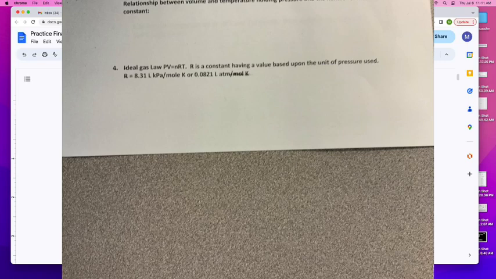So what someone was able to do is that they noticed if you arranged all of these equations, we could get this special response, that PV equals nRT. And R is the last kind of interesting piece within this. P, we said, was pressure. V is our volume. N, we said, was moles. And then we get this weird R thing, which we'll come back to in a second. And T for temperature.